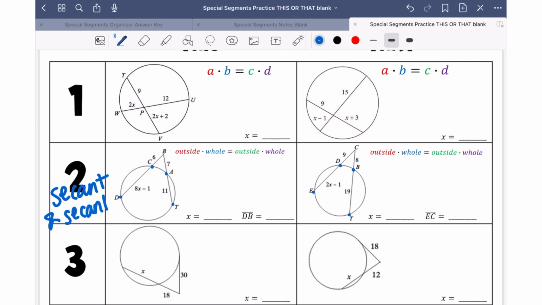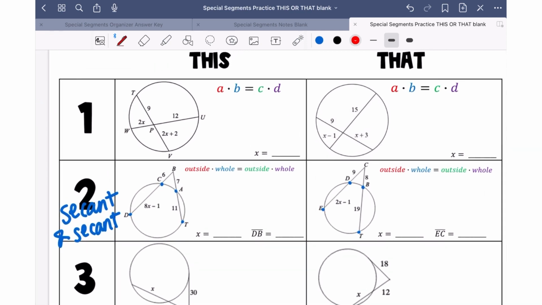special segment. So both of them are secant, and we know that because, how do we know they're secant? This segment crossed the circle how many times? It crossed it 2 times on both of these, okay? All right, so for this formula, I wrote down the other version of the formula, which is with the words outside times the whole equals the outside times the whole,